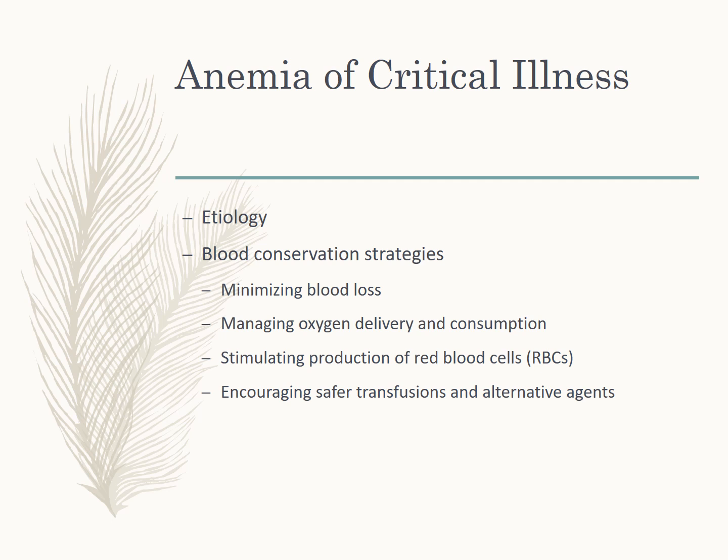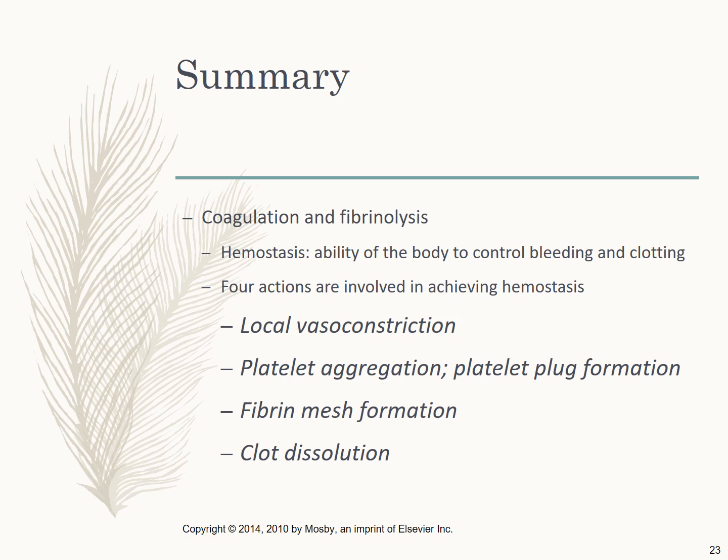And there's also new things they're coming out with, like recombinant DNA technology that helps their body to make more of their own red blood cells, plasma expanders. So we're making blood transfusions as safe as possible, and then also trying to find alternatives that we can use. So the biggest way to handle this, right, we just want to minimize that blood loss, conserve their blood, reduce that oxygen consumption as much as possible, make sure that they are able to make their own red blood cells, and then we can do a transfusion if needed. So these last slides here are just